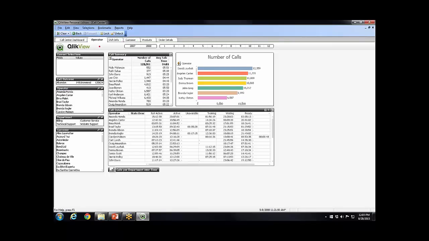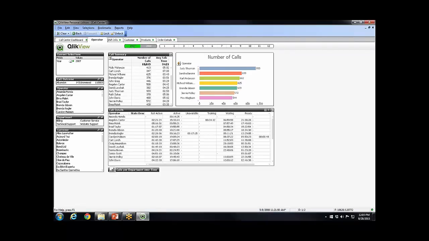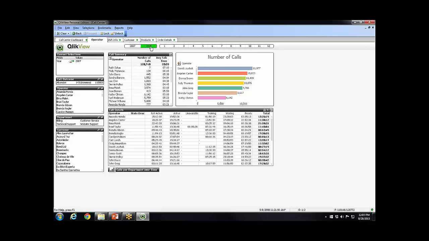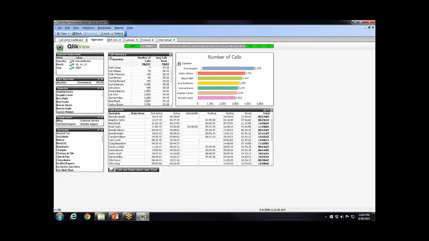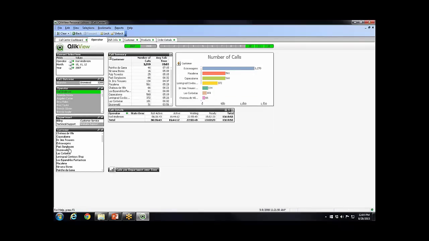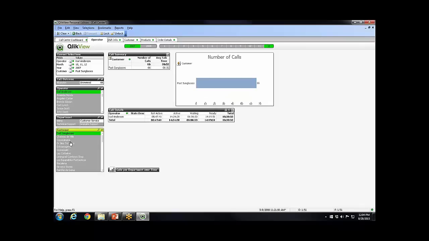I do have some filters up here at the top. I haven't really messed with these yet, but they've been present in most of the demos. And this will allow me to do things like filter by year, or maybe I want to filter by 2008, or how about 2007, and I just want to look at the last quarter's activity. And then I can, of course, take that even further and say, well, what about just for Carl, and then maybe just for a particular customer like Fast Sunglasses, and then really get that information down to the most granular